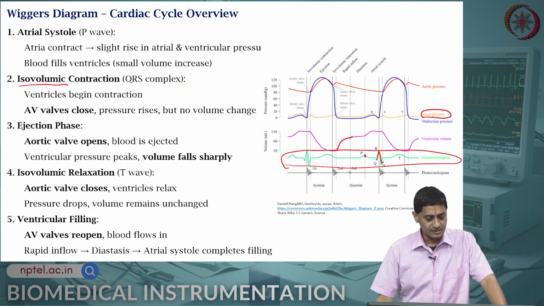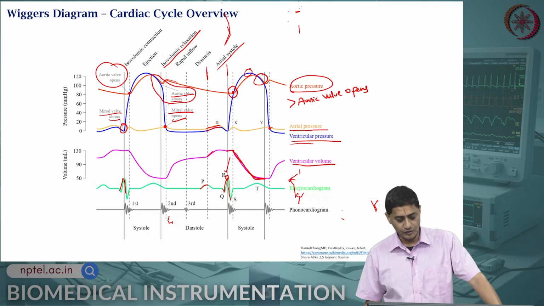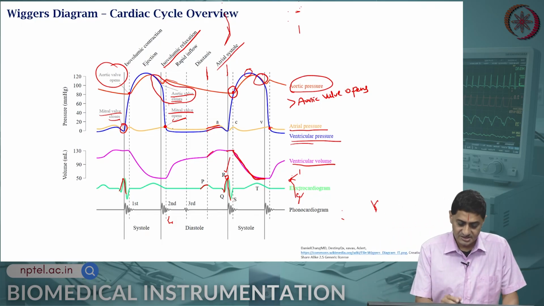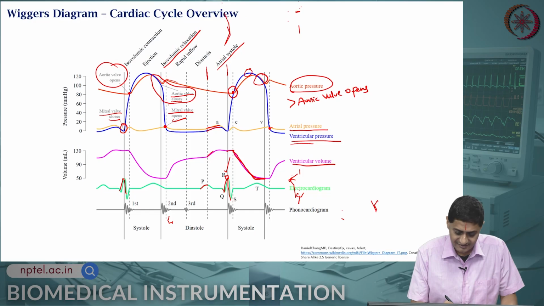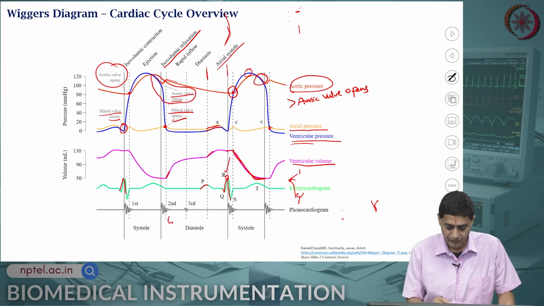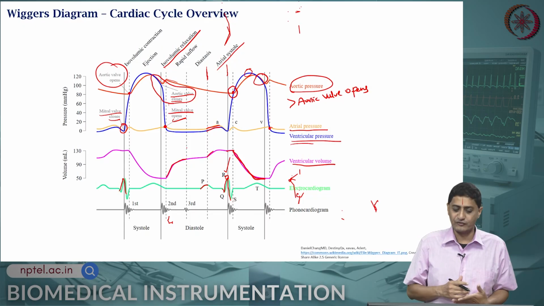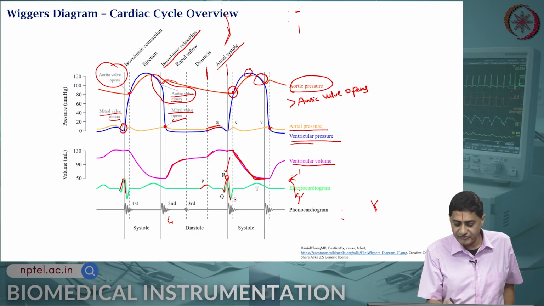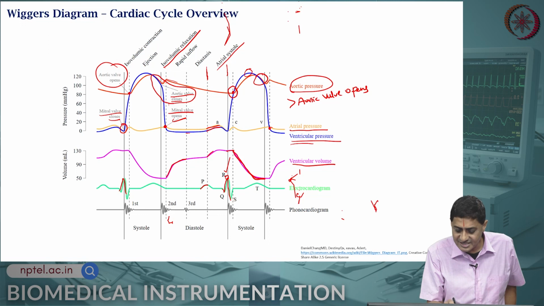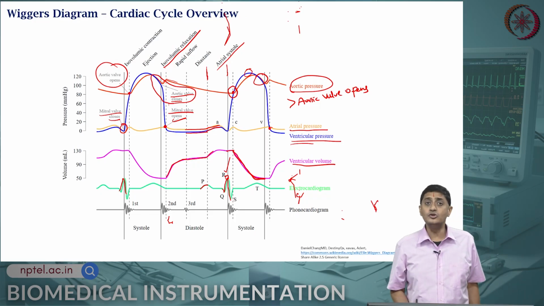And then at that time there is a rapid inflow. Once the mitral valve or the AV valve opens, there is a sudden increase in the volume of the blood, a relatively rapid inflow. As soon as the AV valve opens, there is a rapid inflow of blood, followed by a phase during which there is minimal change in the ventricular pressure, minimal change in the atrial pressure and relatively minimal change in the ventricular volume, during which the ventricles are completely relaxing, opening up to their